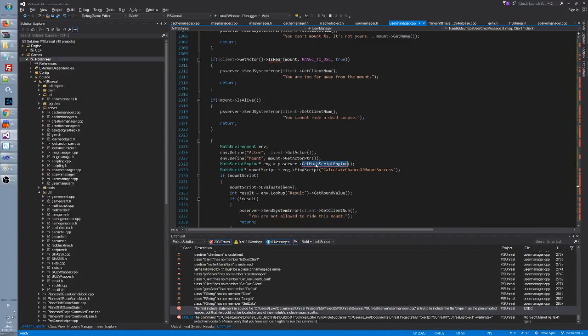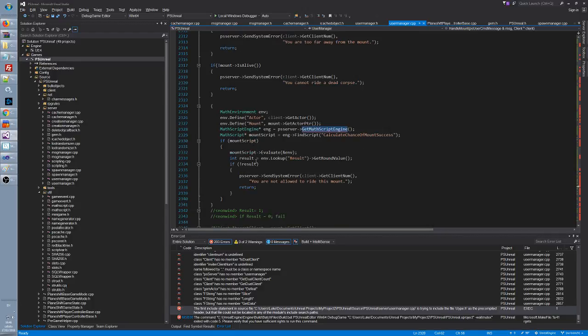This get script engine is the one that allows us to check our scripts. Now I just need to understand how I did this, because I think I did it already in other places. So if I search for find script everywhere in all open documents, I think it will be